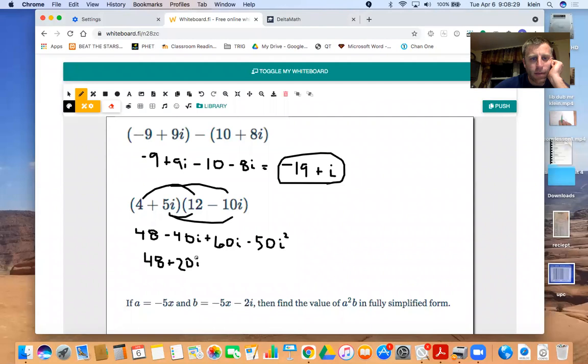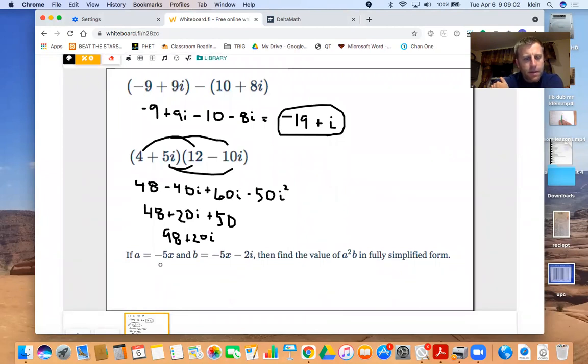And then remember, i squared is negative 1, so actually it's negative 50 times negative 1. We're actually talking plus 50 because i squared is negative 1. Okay, now you can combine the 48 and the 50. So overall, looking like we got 98 plus 20i. Okay, and then that last section is